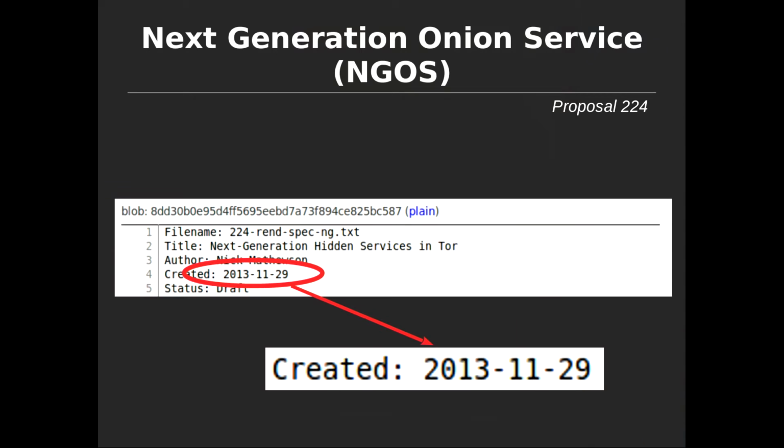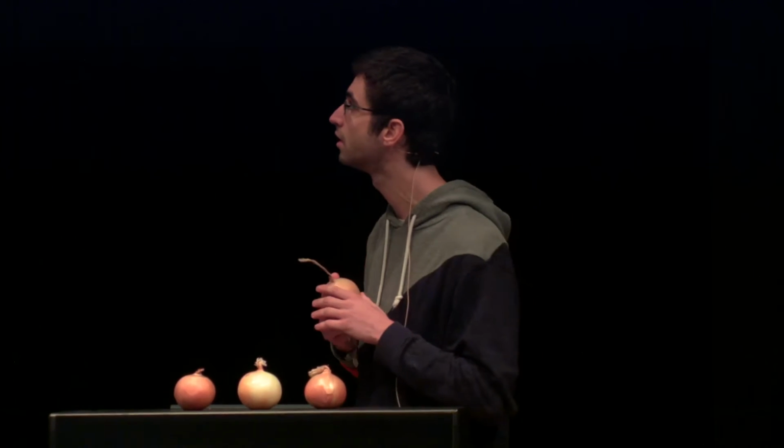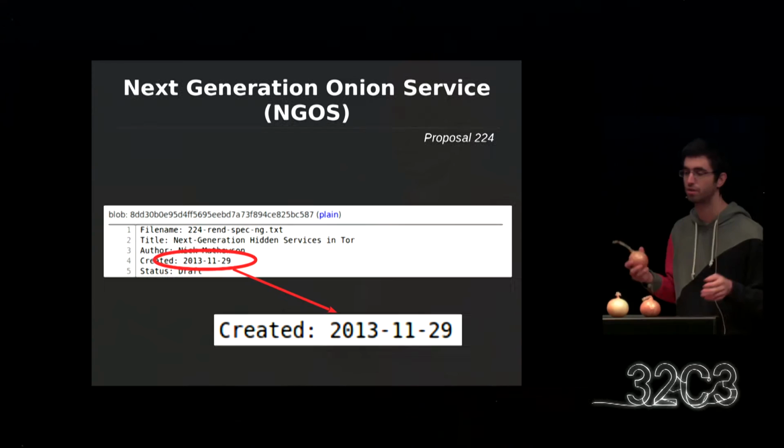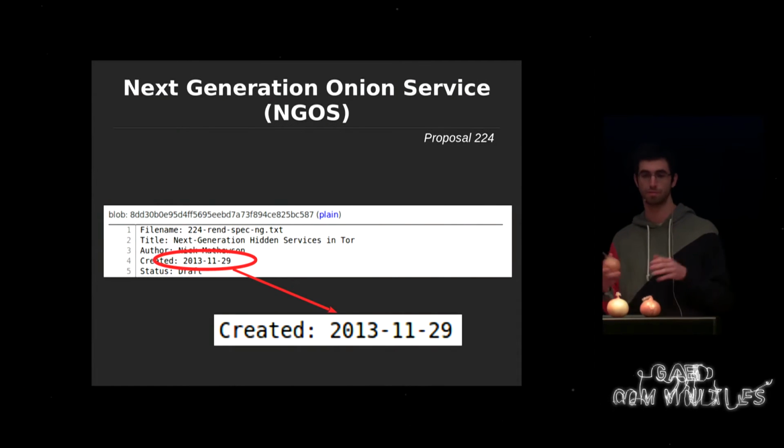OK, so back to the security issues again. A few years ago, like 2-3 years ago, we started looking into hidden services and enumerating the various problems. Various people wrote papers about some open issues of security. In 2013, we wrote the first proposal called Next Generation Hidden Services, which basically details various ways for improving security, better crypto, and so on.